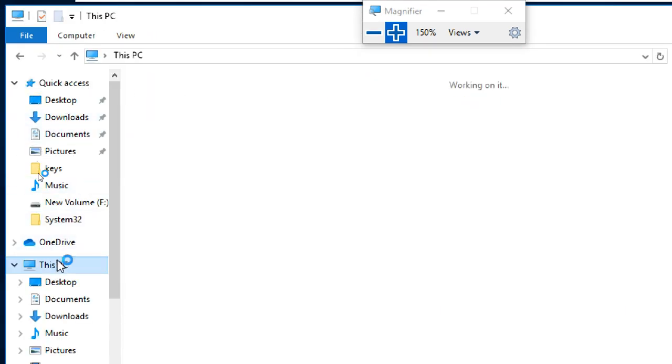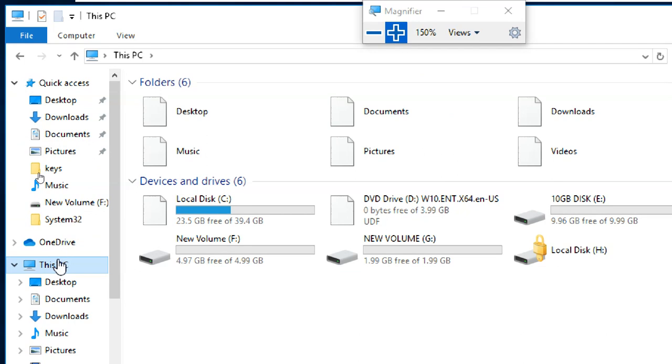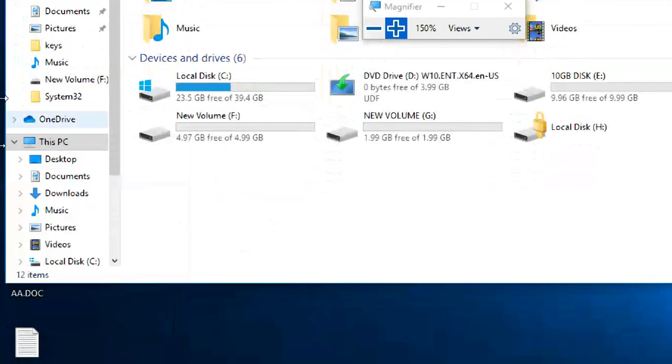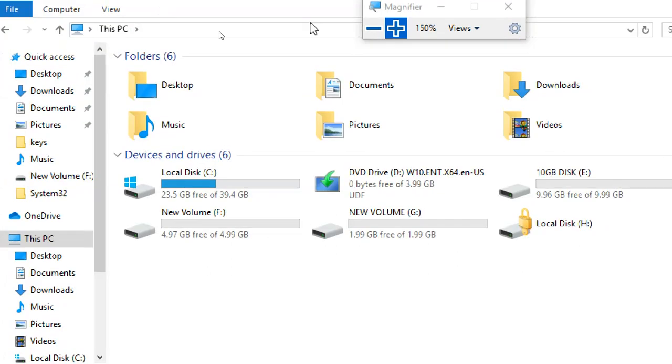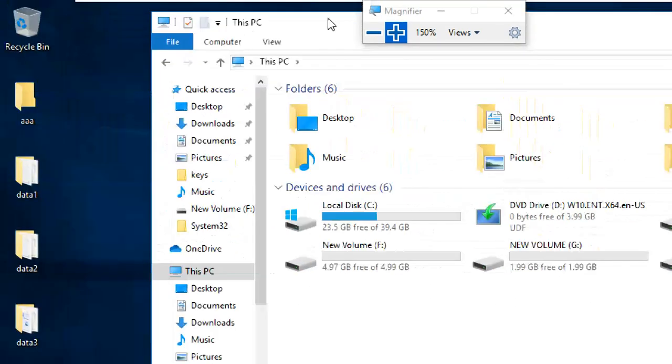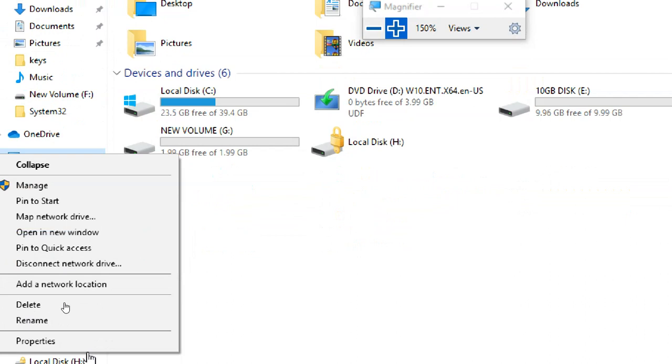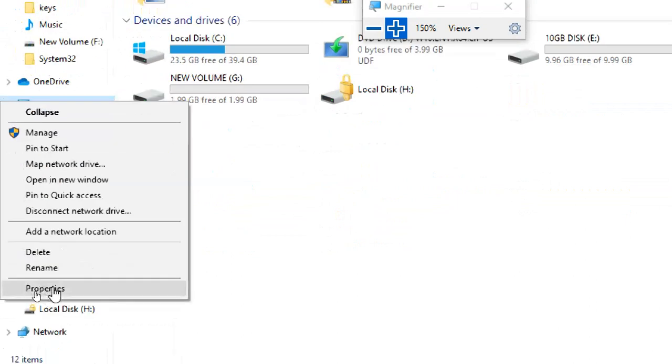So go to This PC, right click on This PC, then go to properties.